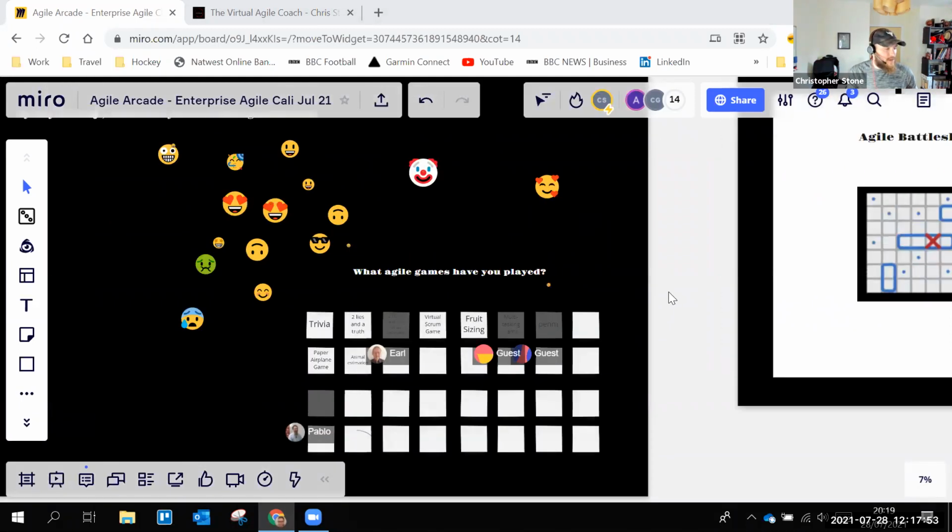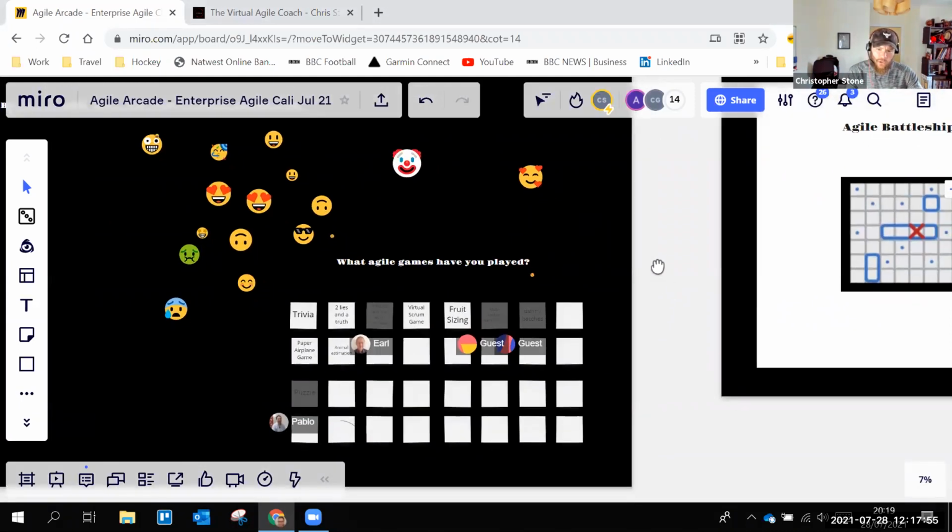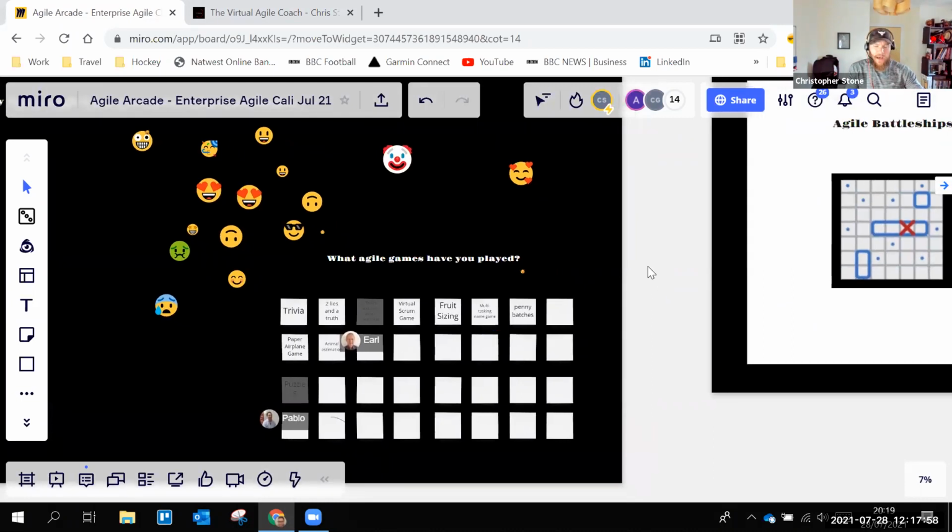Multitasking, yeah, I love using games to contextualize multitasking. Penny batches, yeah, the coin game is a very classic Agile game. Great way of emphasizing and demonstrating the difference between large batch style delivery versus smaller iterative delivery. And that's a particularly good one I have found with, again, senior people that haven't been exposed to Agile before,